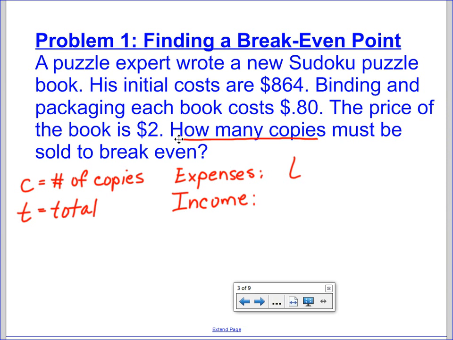All right, so T, our total, would be equal to, well, looking up above, we are told that his initial costs are $864, okay, and that binding,